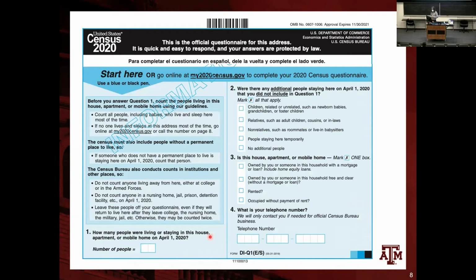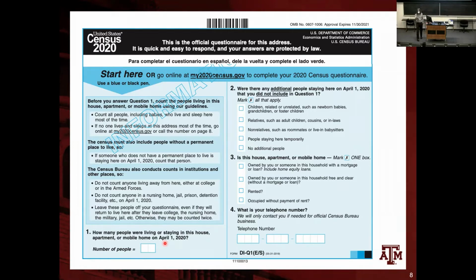So this is an example of the questionnaire of the census. That's the 2020 census, the latest one. And first question, how many people lived in the household exactly on April 1st? So April 1st is called the census date. Whenever someone asks, oh, what's the census date for the Census Bureau? It's April 1st. So the idea here is to provide information of people that were living in the household, not